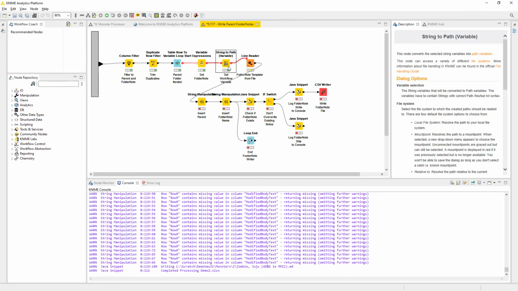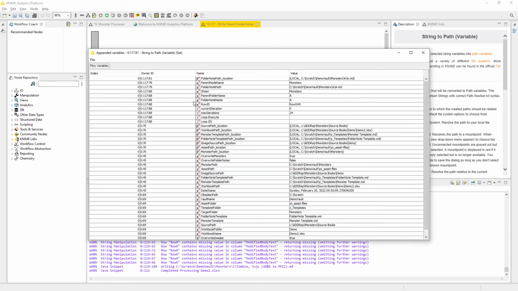And then we have to convert variables to path so that we can write out the appropriate folder name. So if we've created A.MD, we need to convert that to a path so that it can go out. And we're doing that right here. And once we've gotten that set, so now we have our path,